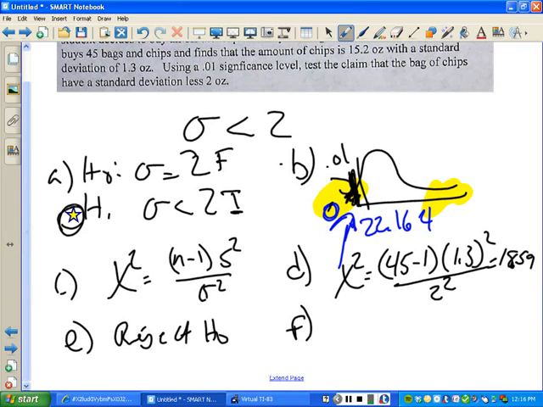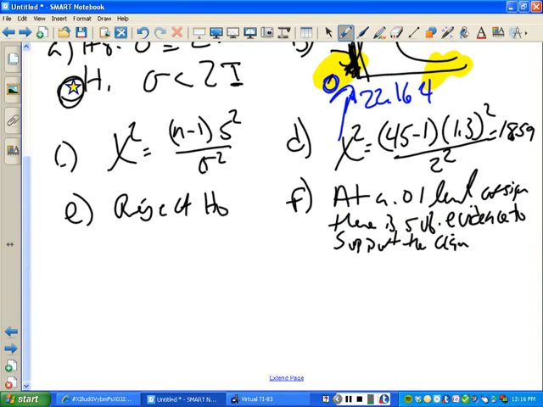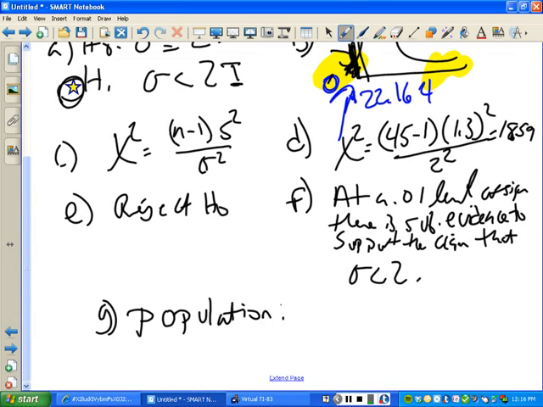So for part F, what we're going to say, at a 0.01 level of significance, there is sufficient evidence to support the claim that sigma is less than 2. The assumptions in this case, they're on the sheet I gave you earlier. Population is